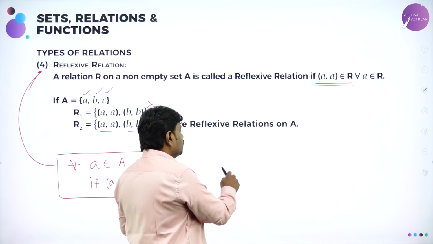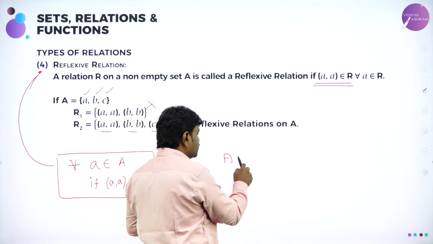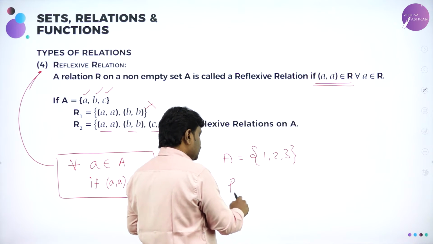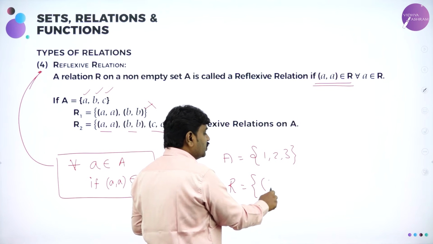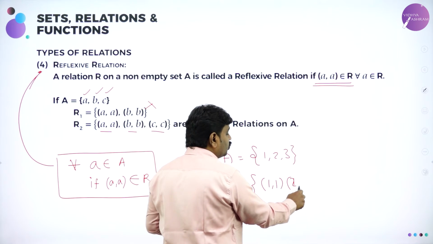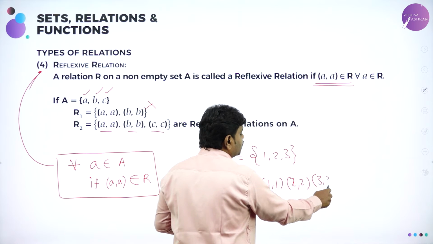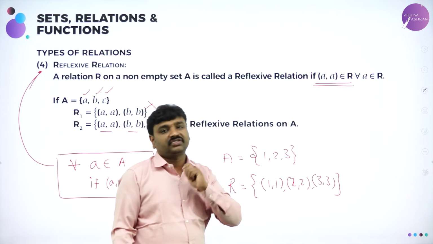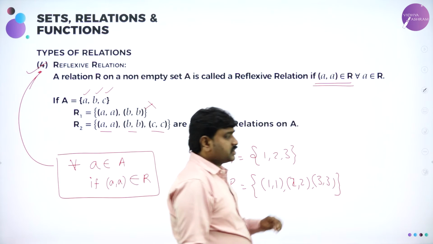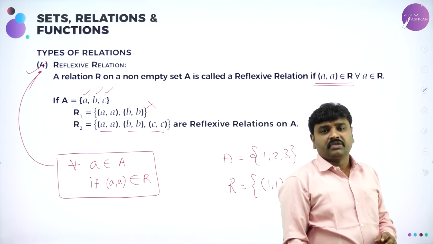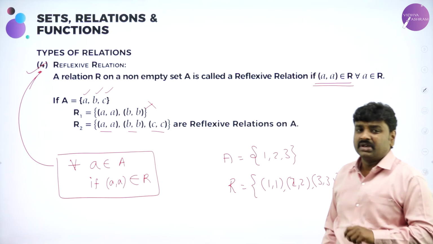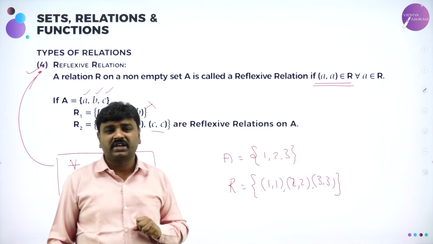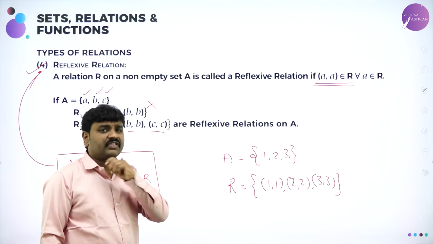For example, suppose the set is A. A relation R on A is said to be reflexive, I can call this reflexive, if the relation contains 1 1, 2 2 and 3 3. If the relation contains 1 1, 2 2, 3 3, then I can call this relation what? Reflexive. We have three important relations. From here it is most important for you to solve the exercise problems. So for all a belonging to the given set, if (a, a) also belongs to the relation, then we say the relation is what? Reflexive.